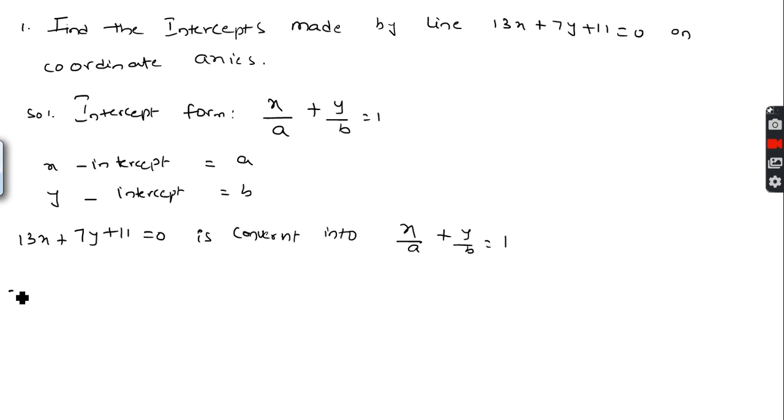So first, 13x plus 7y plus 11 equal to 0. Here we need the right side equal to 1. For getting 1, this is a constant, so the constant term